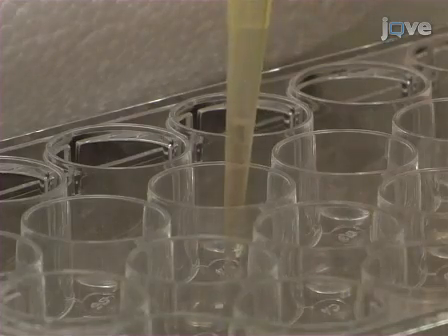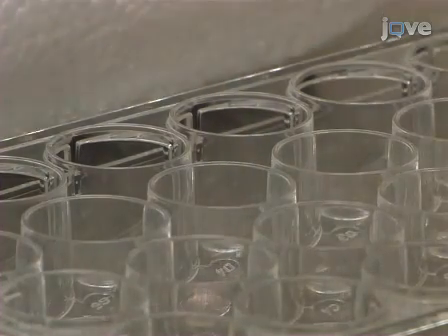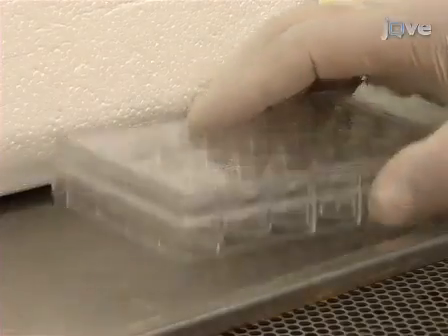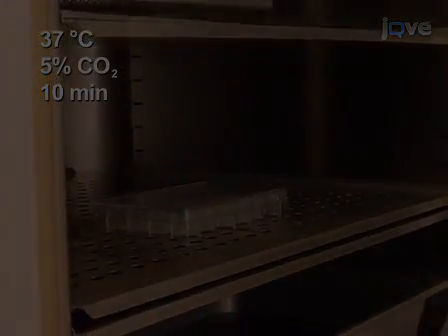Next, place 50 microliters of matrigel medium mixture mid-well in designated wells of a 24-well plate, and incubate the plate in a 37°C incubator with humidified air and 5% CO2 for